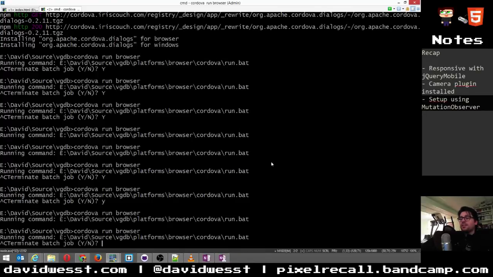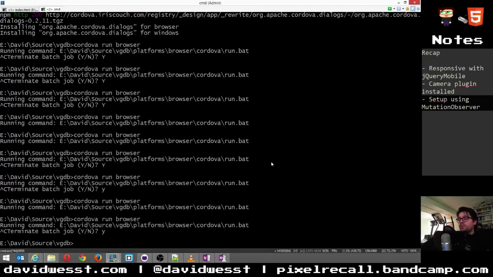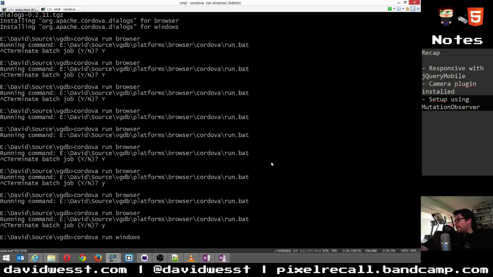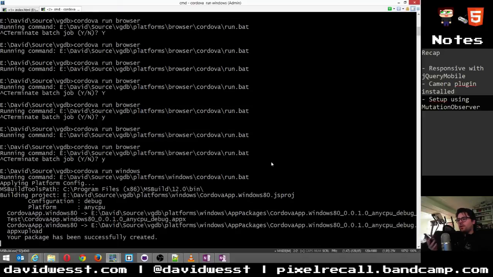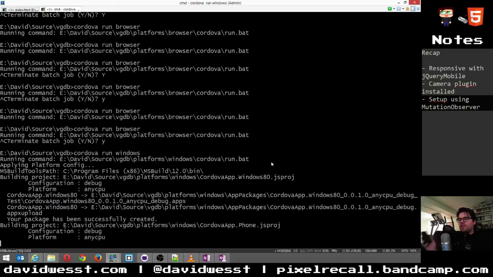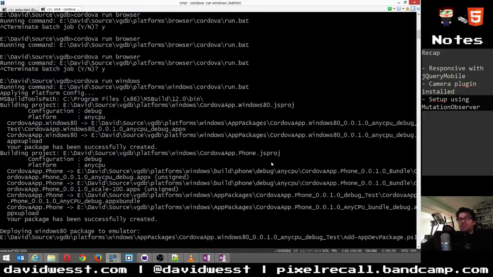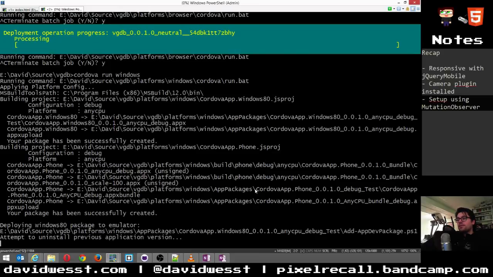Now let's do the real experiment. I have not tried this. Cordova run Windows. The last thing I want to do is run it directly off of the Windows phone. I have a developer access unlocked phone. So we could tie this together and run my application live on my cell phone. Maybe I'll get that going for next time. I'd like to really give that a shot, but for now I just want to get it running, and we'll see. So it's deploying to the emulator,